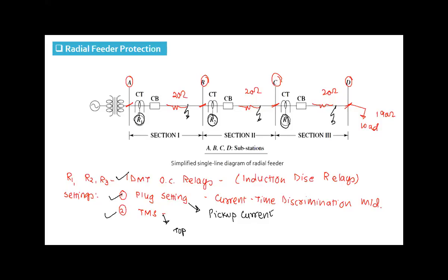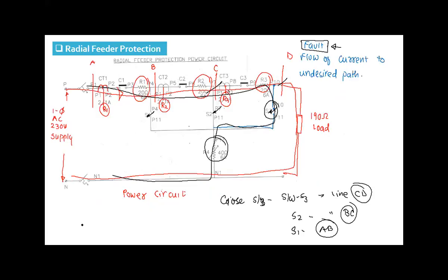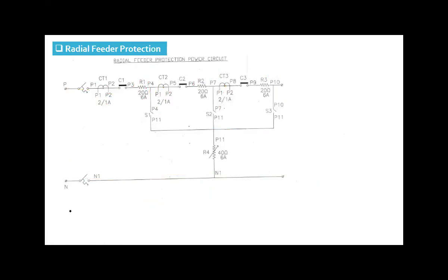Okay, then see, if you remember the rules for plug setting, then relay shall pick up to the end of next protected zone for minimum fault current, which is for phase relay, which is a line to line fault. But here we are performing on single phase basis, so we have to first calculate the fault current here.